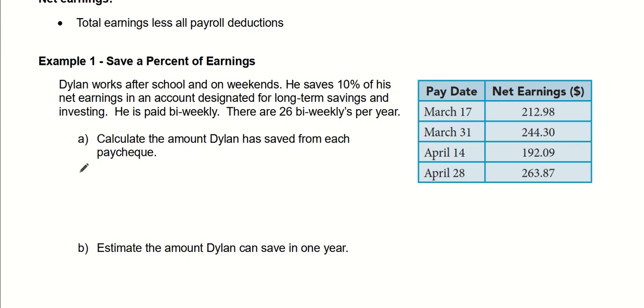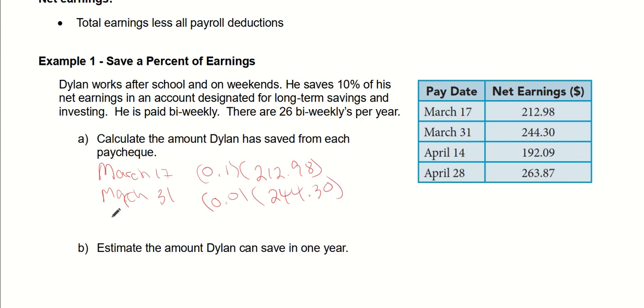So let's calculate that here. So for March 17th, what did he make? Well, let's take a look at his pay. 10% is 0.1 in decimal form. You convert the percentage to a decimal and you multiply it by the net earnings, which was 212.98. Okay, let's do March 31st. Same thing, 0.1 times